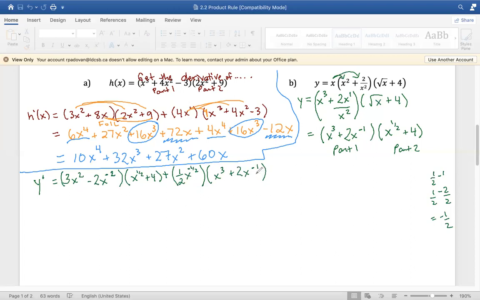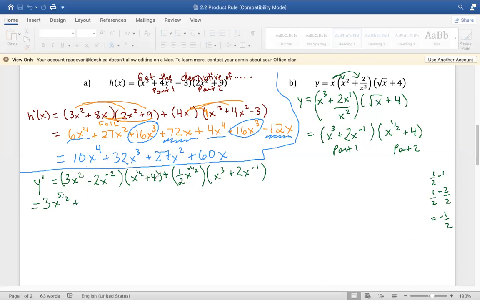Now this is going to be somewhat long. This is just distributive property, multiplying this into here, but this I would have to use FOIL, right? Just moving my equal sign over. So I have 3 times 1 is 3x. You add the exponents when you're multiplying. So 2 plus 1/2 would be 2.5, right? Another way to write 2.5 would be 4 over 2 plus 1.5, which would be 5 over 2. So 3x to the exponent of 5 over 2,